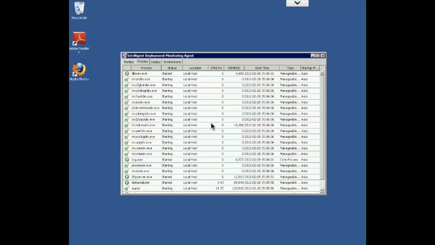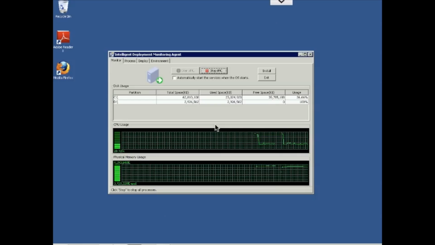So we'll watch this process environment for just a couple seconds here before moving on. Okay, so now that IMC is up and running and in the final stages of our installation,